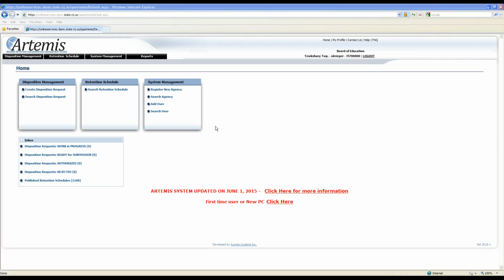You'll be able to electronically sign the forms directly in the system, so you won't have to print out those disposition forms and put wet signatures on. Like I said, at this time it's not available. You'll still have to process it utilizing a wet signature, but that is something that is down the road and will be available for testing last quarter this year or first quarter in 2016.